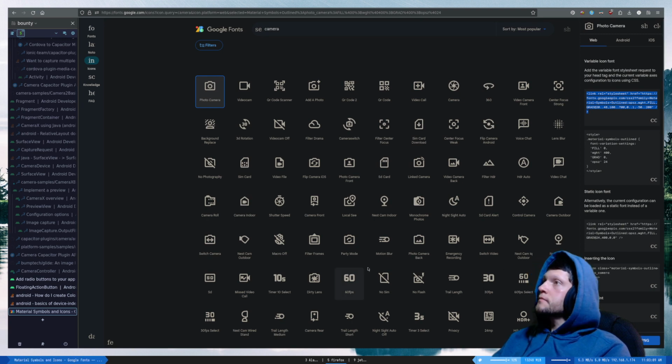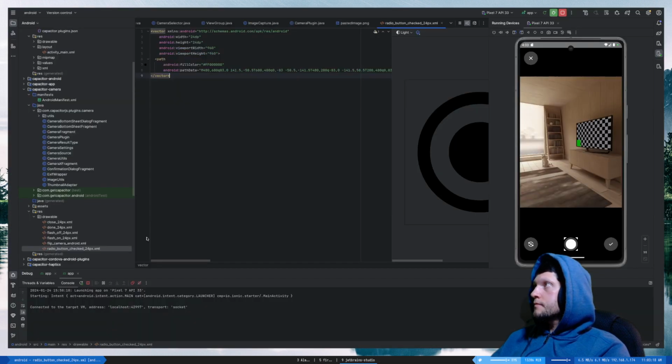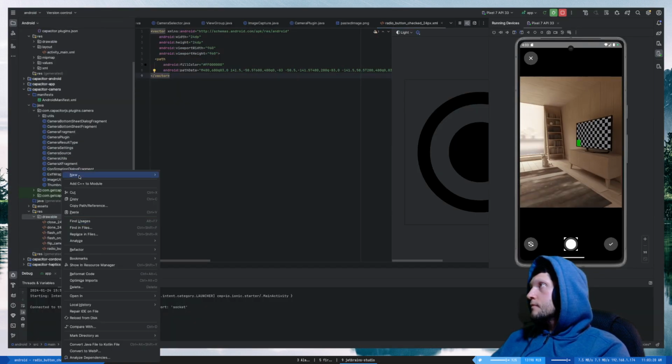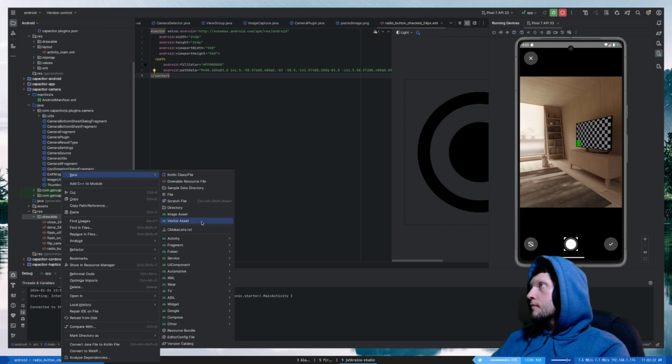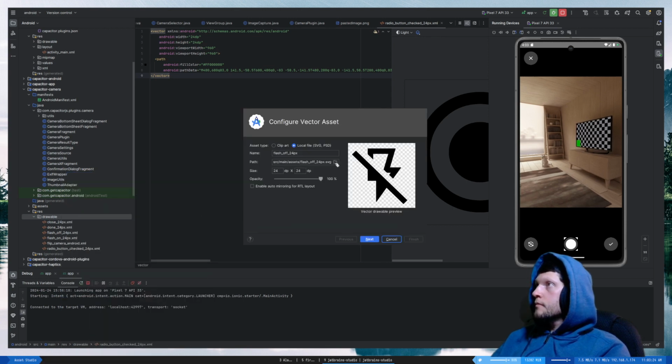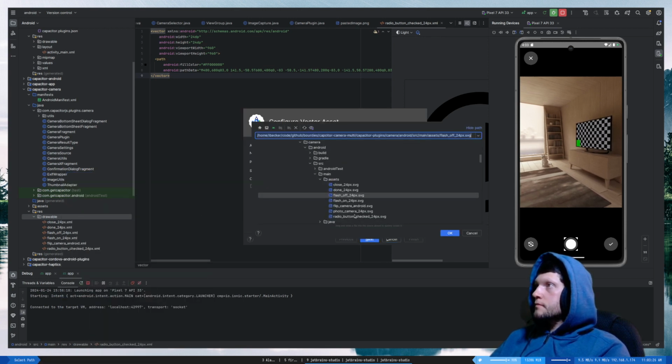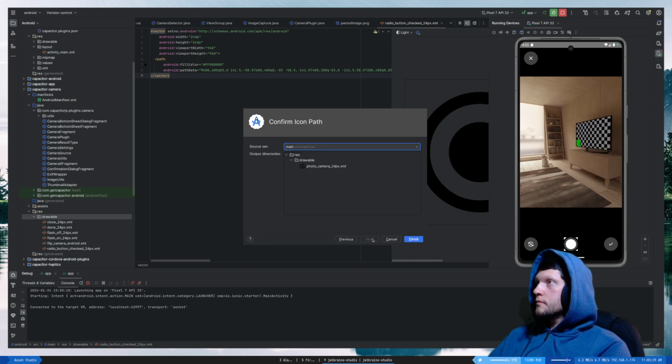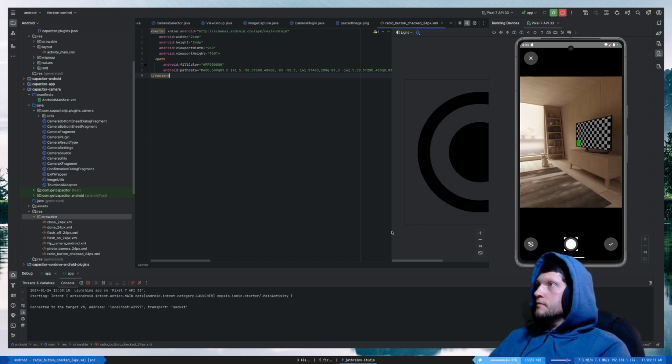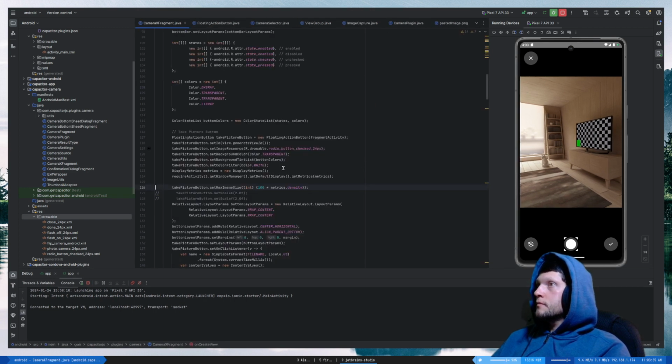There we go. Yeah, I think we're just gonna go with this photo button. I know it's not as sexy, but